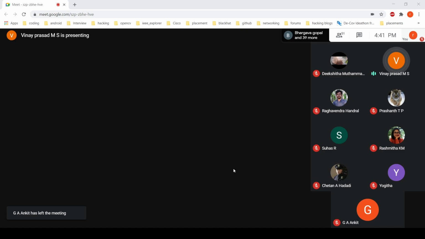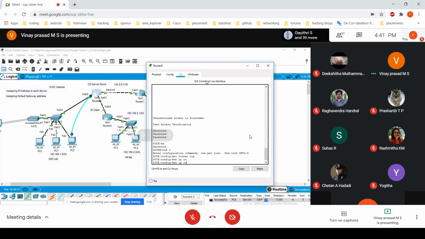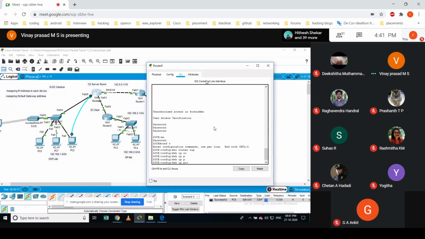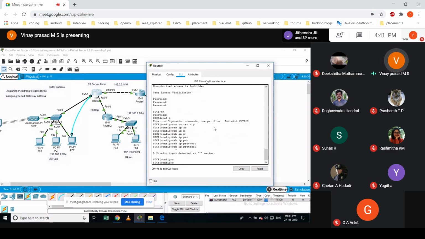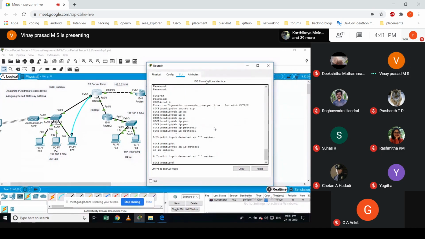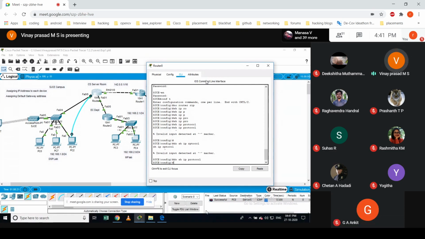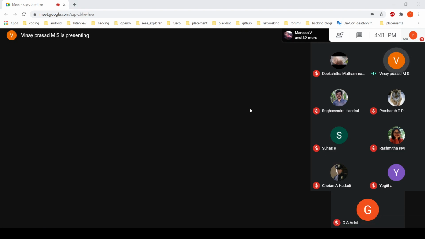Now if I give the command show ip protocol, you will see the current running protocol. If you are in configuration terminal, you should use do show ip protocol. If you are not getting anything here, it means no routing protocol is running. Then we will enable OSPF.